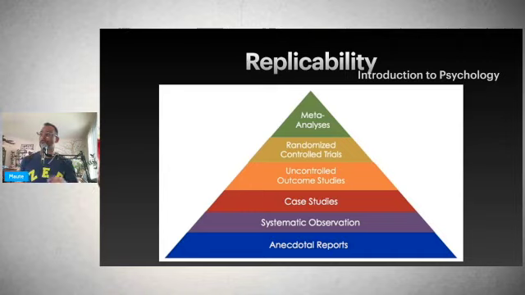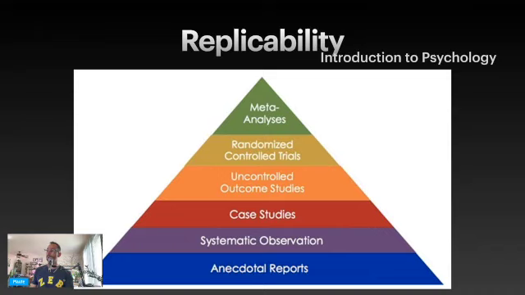All right, so we're going to see this slide a little bit later when we talk about replicability, but I wanted to show it to you. Make it a little bigger. And this is the hierarchy of evidence as seen by scientists, right? So you see at the very bottom, anecdotal reports or stories. And if you don't remember what anecdotes are, just personal stories, right? So, oh, I know a person who, fill in the blank, weird psychological phenomenon. Okay, well, that's an anecdote.